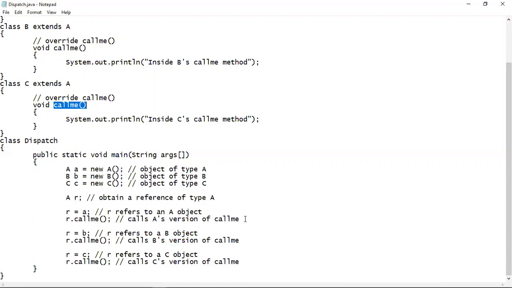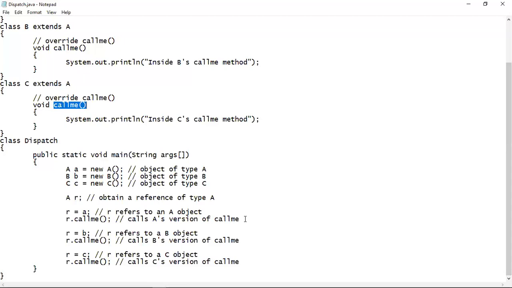That's why we say that method overriding, along with the concept that a superclass reference variable can refer a subclass object, will implement the concept of runtime polymorphism. So this is how runtime polymorphism is implemented. This is also known as dynamic method dispatch. Why the term dynamic?